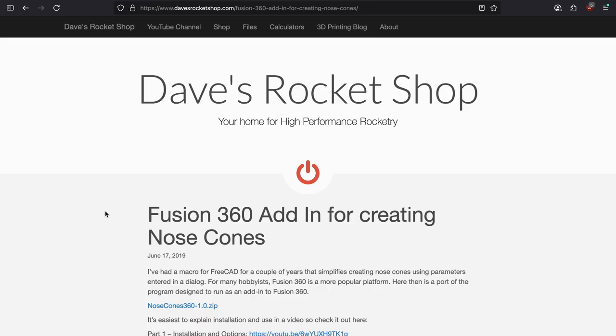Welcome to this tutorial on how to add a Nosecone generator to Fusion 360. As you may know, Fusion 360 is one software for computer-aided design, or CAD. The Nosecone generator that we will be using is essentially an easy tool that can help us make Nosecone shapes